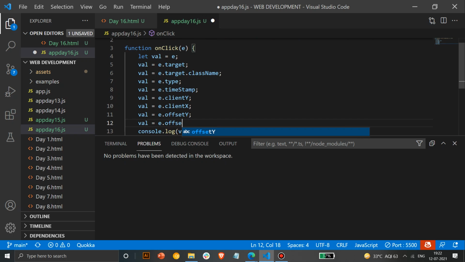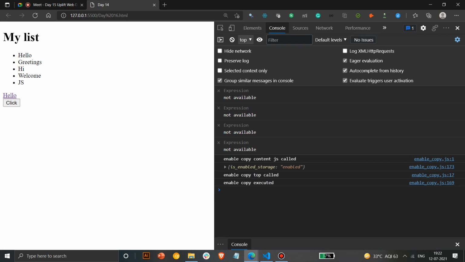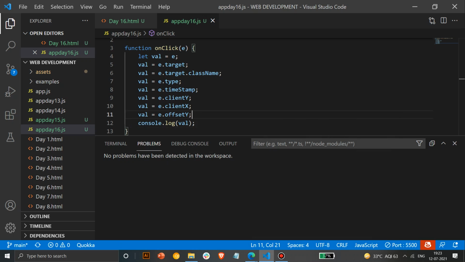Okay, and at first we'll check y and then we'll check x. With offsetY, what happens is it will consider this small object, this element, as the origin, and then the values go from here. So if I click here on the y-axis at the top, it should give you a value of almost 0. As we move down, the value increases to a maximum of 17 or 20 might be the maximum value. In the center it must be something like 9, 10, 11, 12.